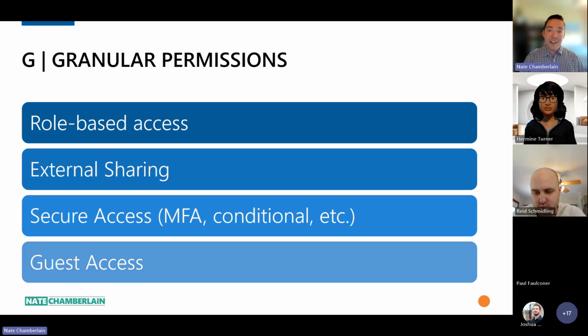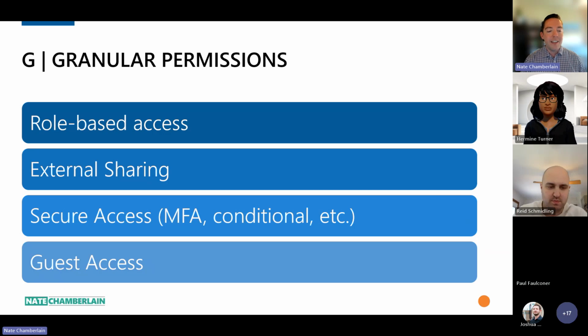Okay, and then for external sharing, this of course depends on your organization. They may choose not to allow external sharing whatsoever. But if you do have that enabled, you are able to share not just a file, but an entire site with people outside your organization. And that's one of two ways. It could be external users who use their other organization's credential to access your resources, or it could be guest access, where you create an account for them in your organization as a guest,